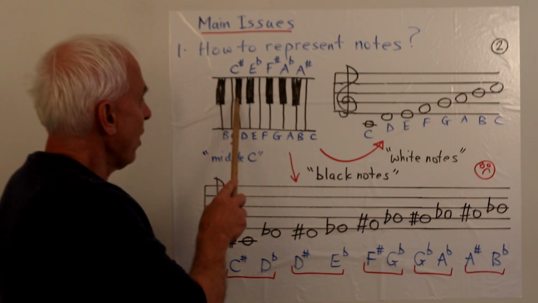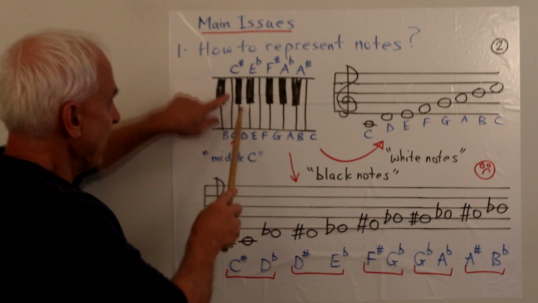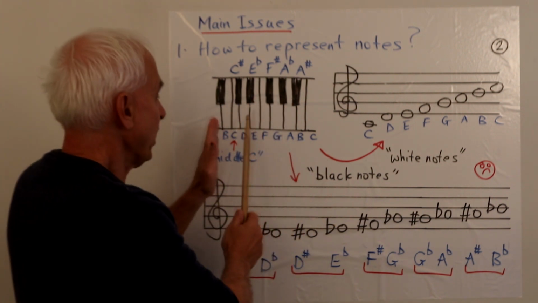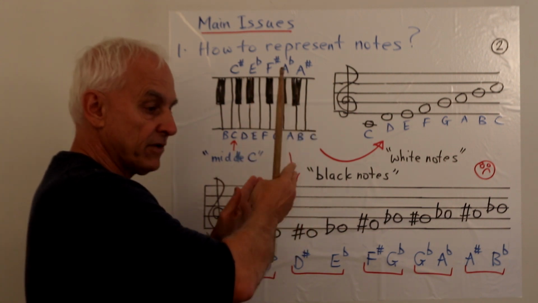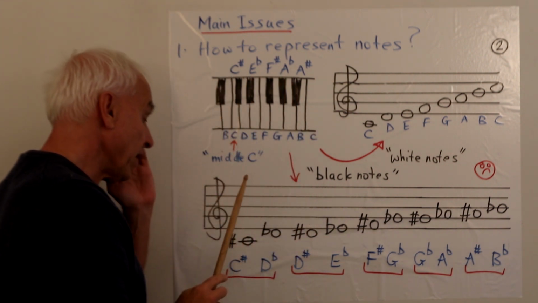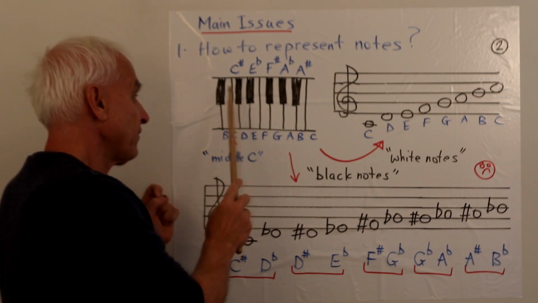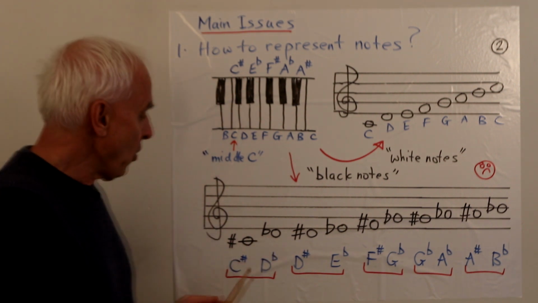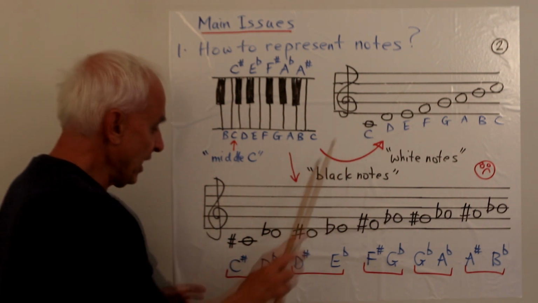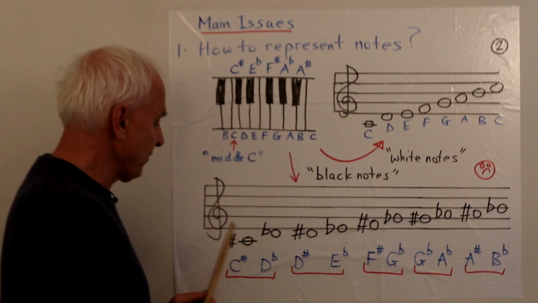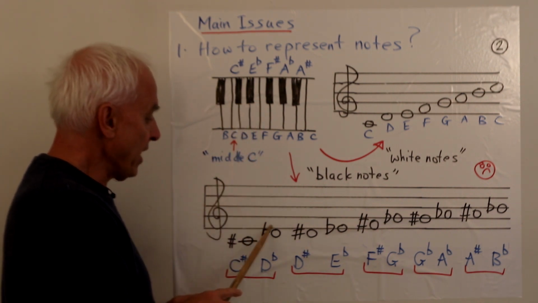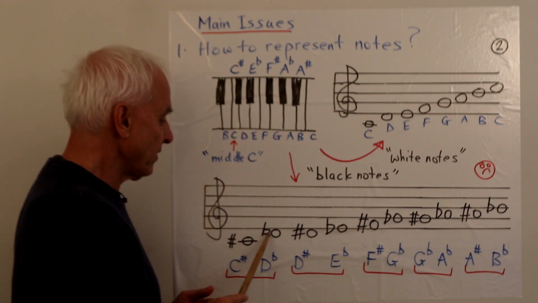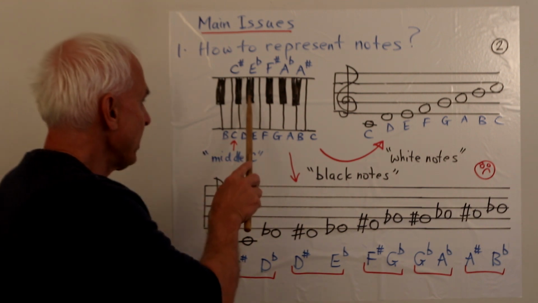So here they are, just in this single octave range, and each one of these black notes has two names because they're each associated to two white keys, one on the left and one on the right. So this black note here is to the right of C and to the left of D. So it actually has two different names and two different representations. One as C sharp, where we take this C and we put a sharp, raising it by a step. So that's C sharp. That's one way of describing this. Another way is to think of it as being D going down a step with a flat symbol, so D flat. And the same then occurs with all these other ones.